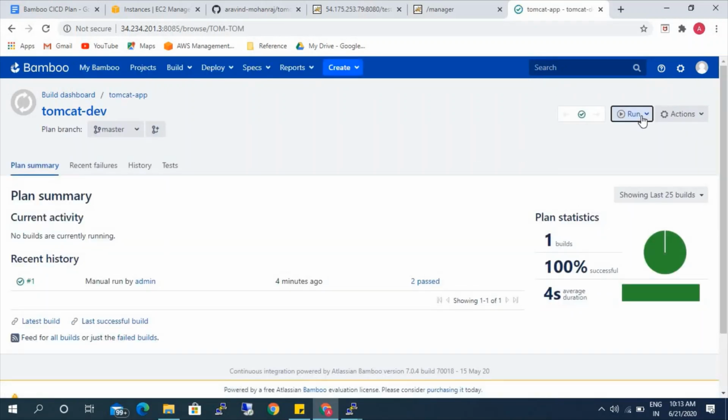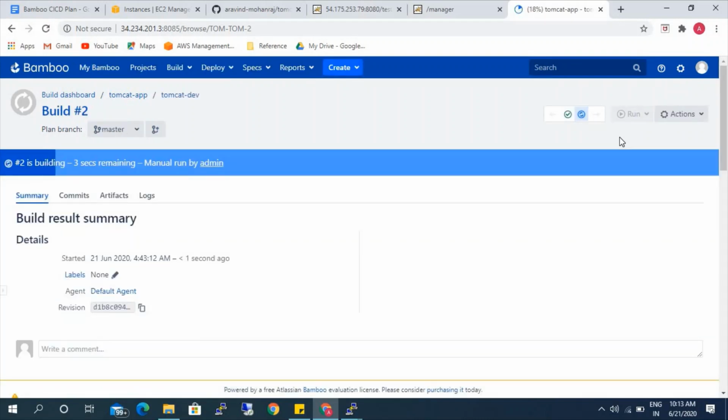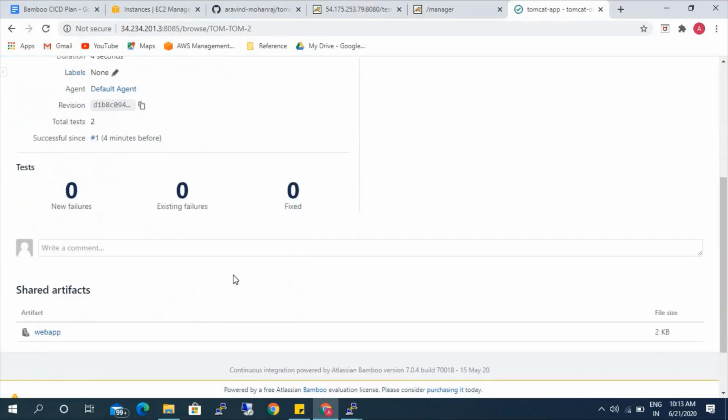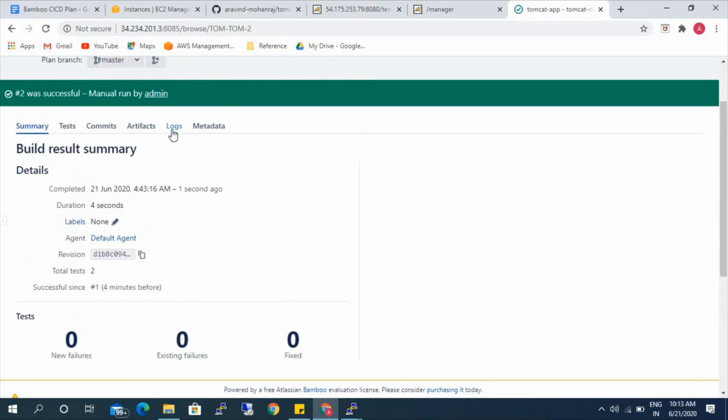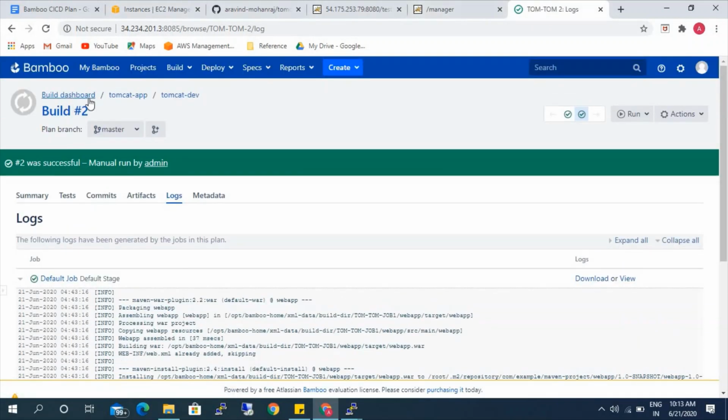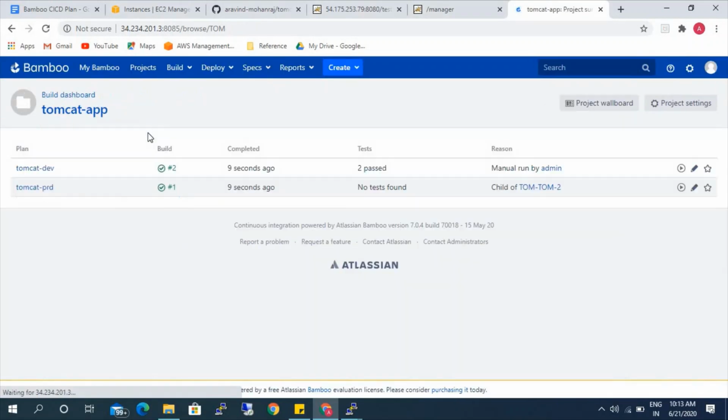So we'll run the dev plan. You can check the logs here. So it is completed. Okay, if you see here, even the Tomcat prod is also executed successfully.